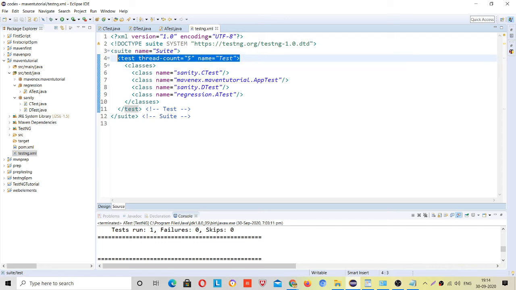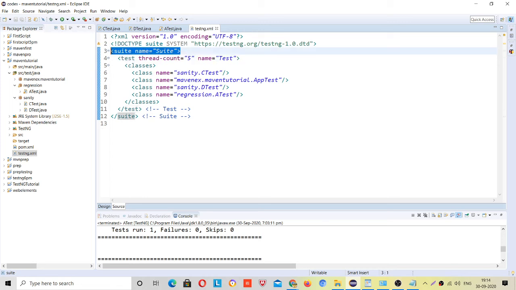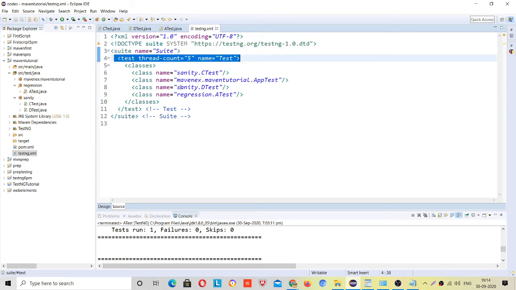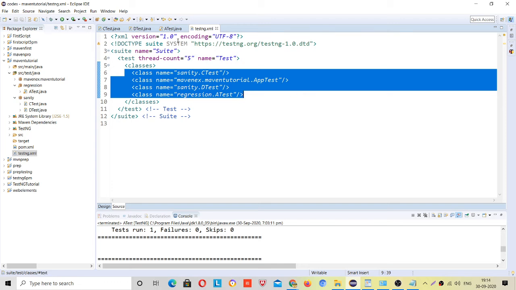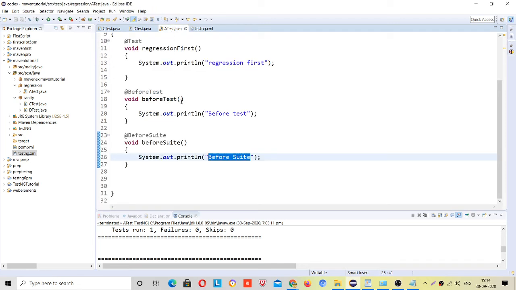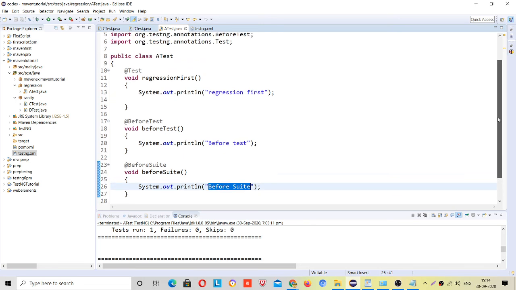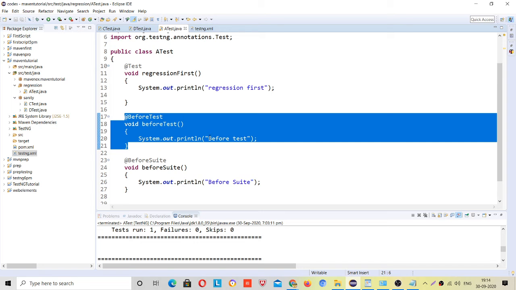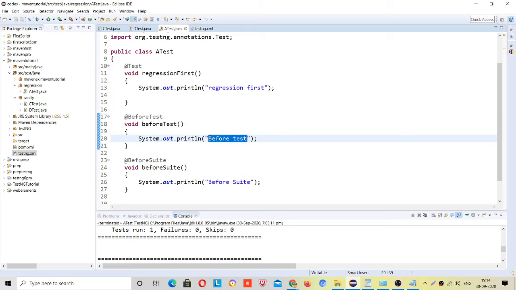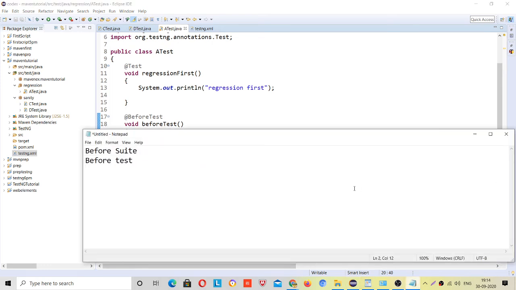See, after it will be coming here, right? After suite, see, it will look inside all these files, right? All these files which are attached, to see if any before test is present here, right? So before test is here, just because before suite is already completed, right? So before test is present here. So now it will run before test, right?